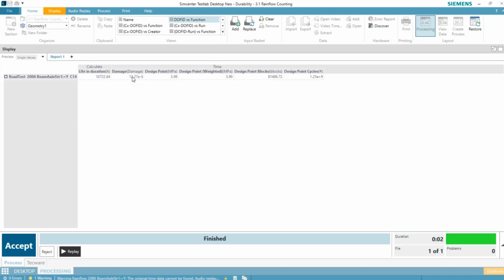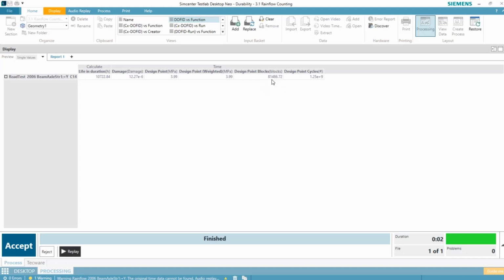So not very much damage was accumulated during this particular test. And I can also see the number of times that I can repeat my input load history before that part fails. So in this case, I could repeat my input time history 81,000 times before failure would occur.